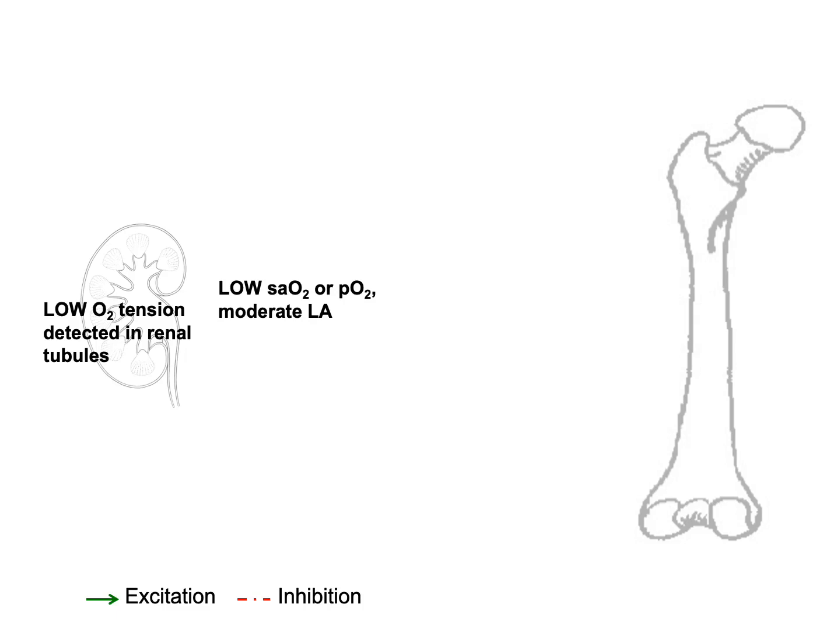In these juxtaglomerular cells, they sense the level of oxygen in the renal tubules, in which if we happen to have low O2 saturation, low PO2, or what's referred to as low oxygen tension, the juxtaglomerular cells will go about their process of stimulating EPO release. Now, this stimulation is inhibited by high levels of lactate in circulation. If I have a high amount of anaerobic respiration going on for long periods of time, I am automatically reducing the level of oxygen saturation that takes place,